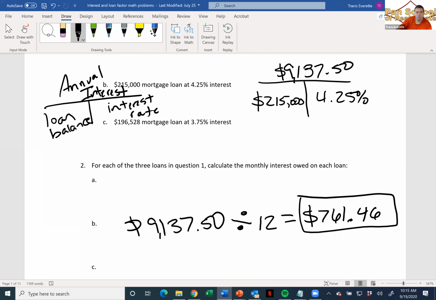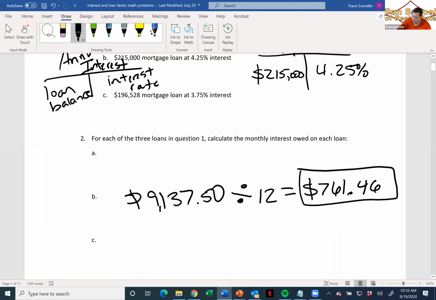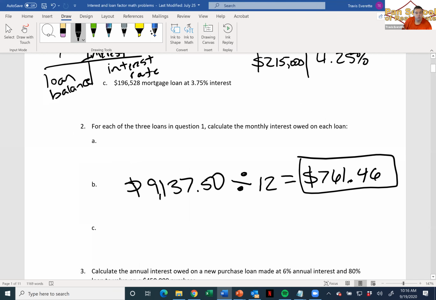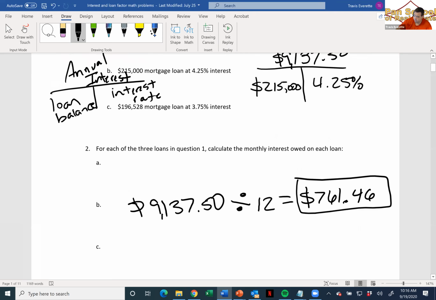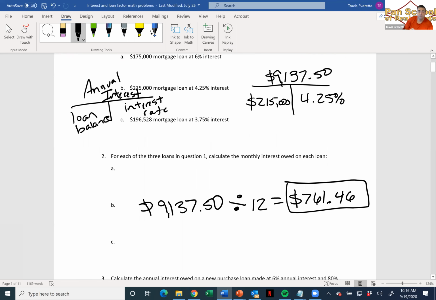And here's why that number is so important. Because we make that payment monthly. So the amount of monthly interest is really the number that matters to us in most cases. And it's also important from a conceptual standpoint to remember that math is only good for 1 month. What do I mean when I say that math is only good for 1 month? Because the next month is going to be different.